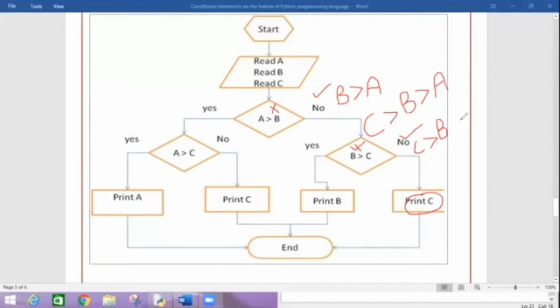Obviously C. So that's what is printed over here. So here we are checking a condition within a condition, and that has become my nested if condition. So let's move upon the programming.